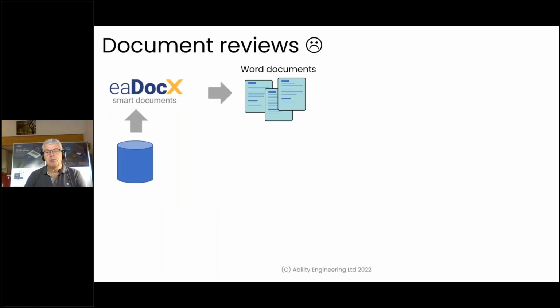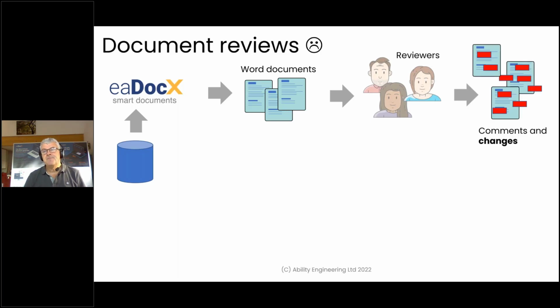Because this is your normal way of doing things: I start with my model, I run it through EA Docs or a document generator of your choice. I produce a Word document. I send multiple copies to multiple people. That's fine. They all do track changes because they're not stupid. They know about track changes. They put that on and they put their comments and they change things and they strike things out and delete